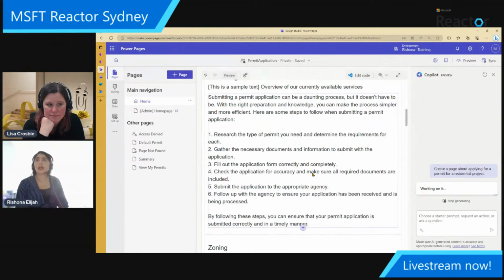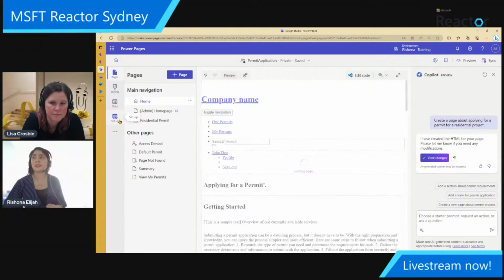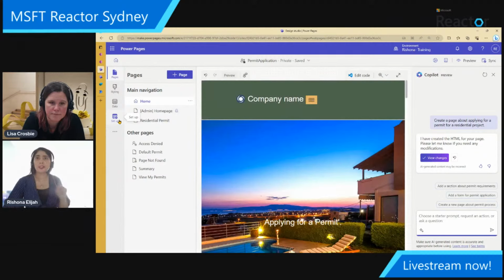So the contextual chatbot is where you can just turn on a switch that will allow you to have a chatbot that's ready to go on your Power page. So that means that you can have a bot sitting here. Visitors to the page can go and talk to it, and it will already be pulling through information that you have on this Power page, rather than the traditional way of you needing to go and create a topic for everything yourself. The chatbot will automatically know these things. I'll jump over to the chatbot first, then I'll come back to this one.